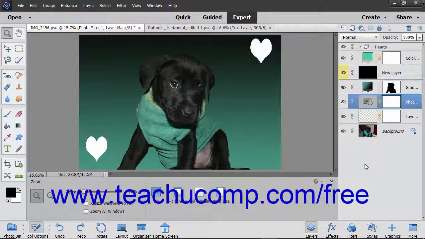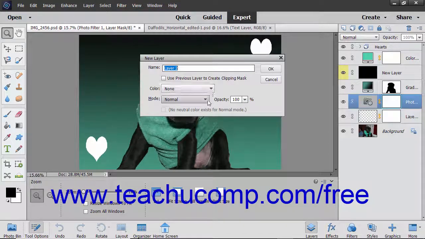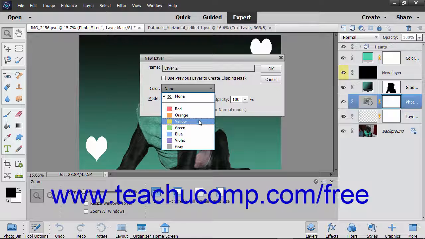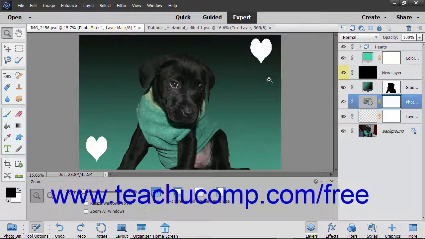When creating a new layer within the New Layer dialog box, you have the option of using the Color dropdown to assign a color tag to the layers that appear within the Layers panel. This lets you organize layers using a color coding system you create. For example, you could color all the adjustment layers using the red color so you can easily spot adjustment layers